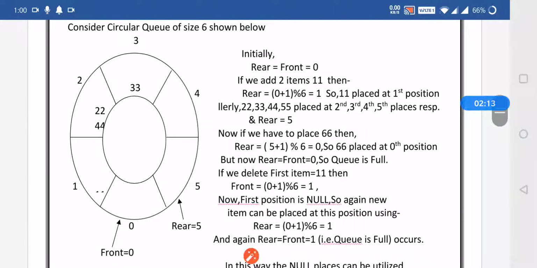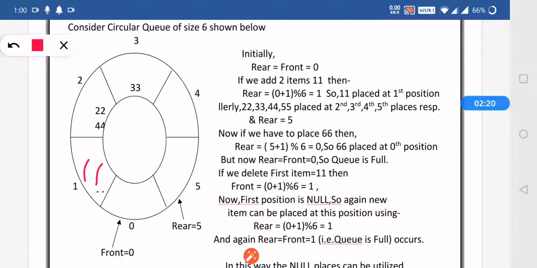So 11 is placed at location 1 over here. Same way we are inserting 22, 33, 44. By applying this formula, 22 is stored in the second position, 33 in the third position, 44 is present at the fourth place, and 55 is placed at this particular place.